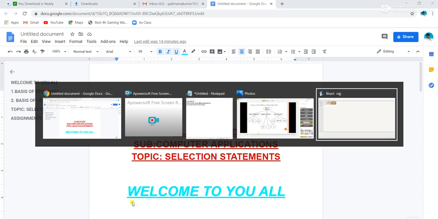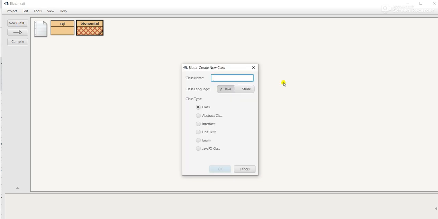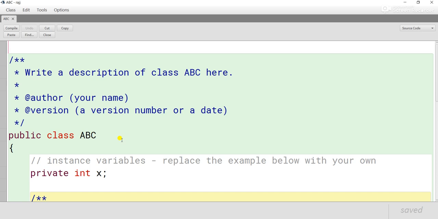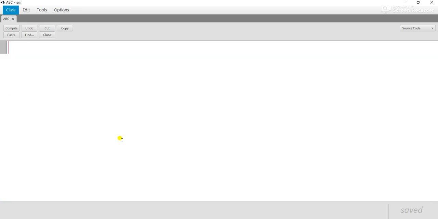So the program, let me write. I'm creating one class. The class name I'm giving as ABC. So this is the class name, and one class we are creating now. In this, I'm deleting the entire part, and I'm creating one program, and the program is WAP, which stands for write a program to find